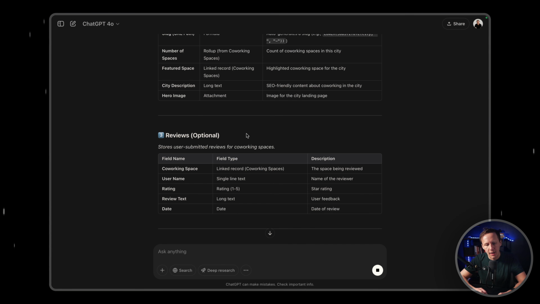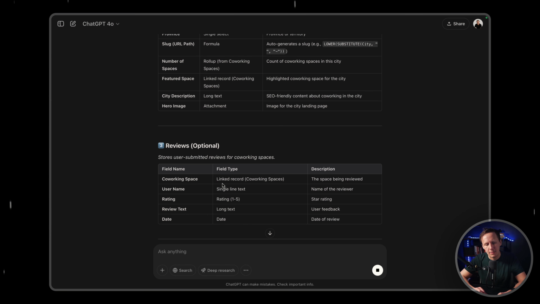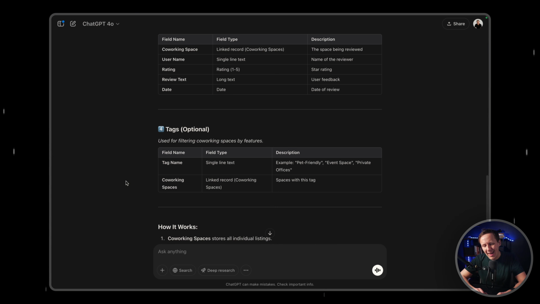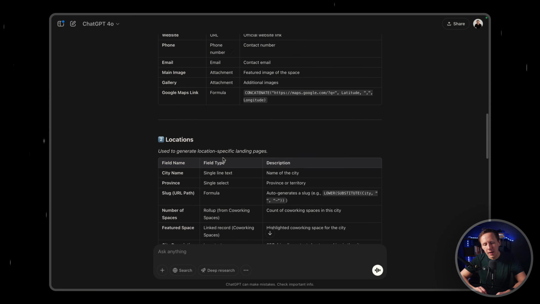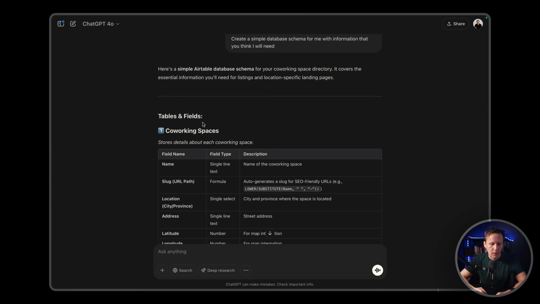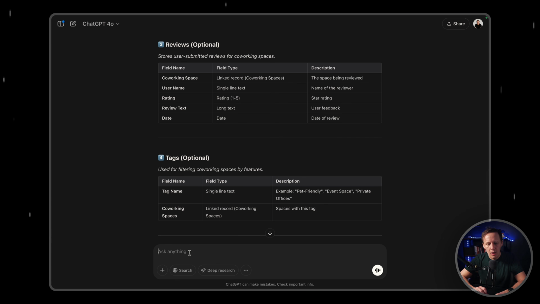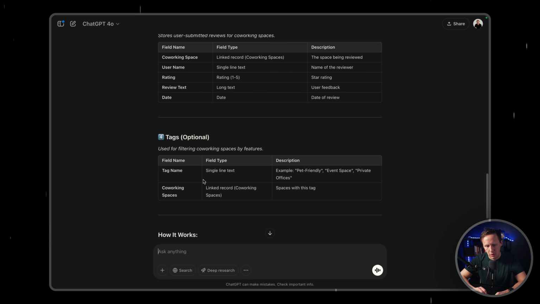Then we might also need one for reviews. Now, reviews are definitely a good one to have. However, this might not be something that we need a separate collection for inside of Webflow. Tags might also not. So really what we want as a starting point is probably something like co-working spaces and then something like locations. So then I'll just go ahead and say, okay,